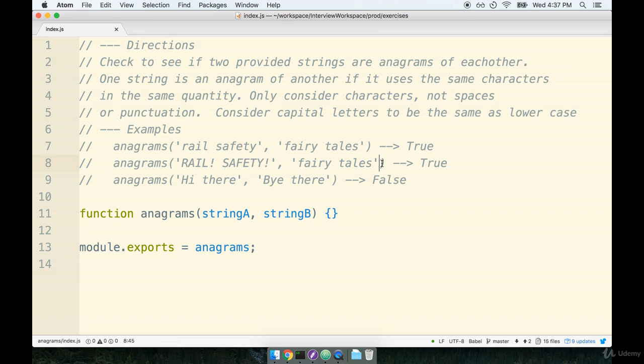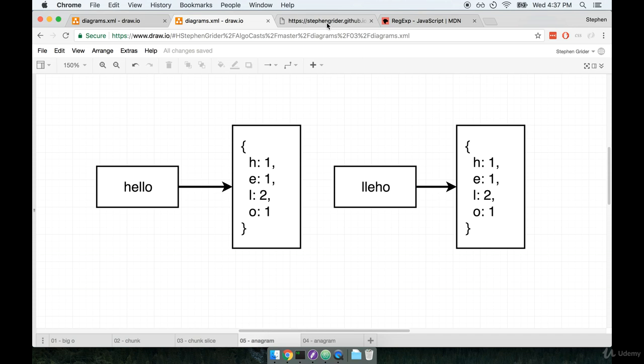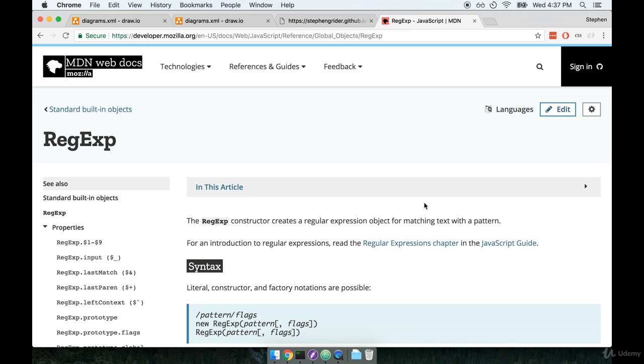Now, just to make sure that you start down the right path, I want to give you a couple little tips for dealing with these kind of edge cases around characters and not spaces or punctuation, and also a quick tip around capital letters as well. So let's flip over to my browser really quick, and we're going to look at some examples here. So the first thing I want to give you a quick note on is on the MDN documentation, we have regexes, which is short for regular expressions. Regular expressions can be used to manipulate strings very easily. And in this case, we can use a regular expression to very easily remove all these spaces and exclamation marks